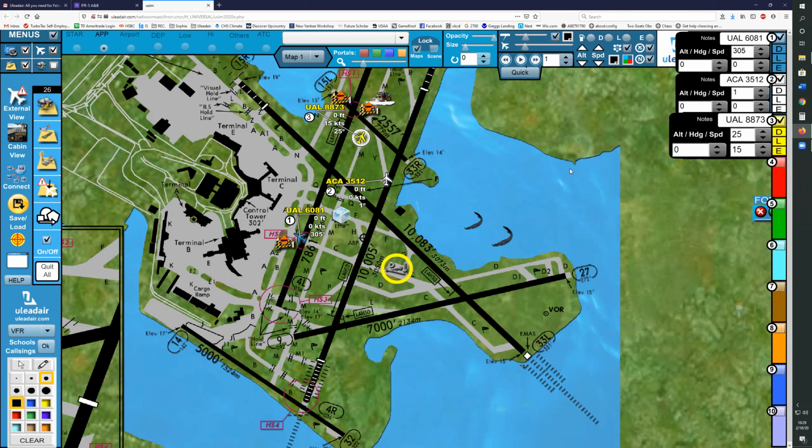Ground control. United 8873 holding short of 33 right. Do you have information about the people who are working on Mike? Well, they told you that they're clearing it off and about done, but you call them back and tell me that you can see them, that they're still working, that they're not done yet.